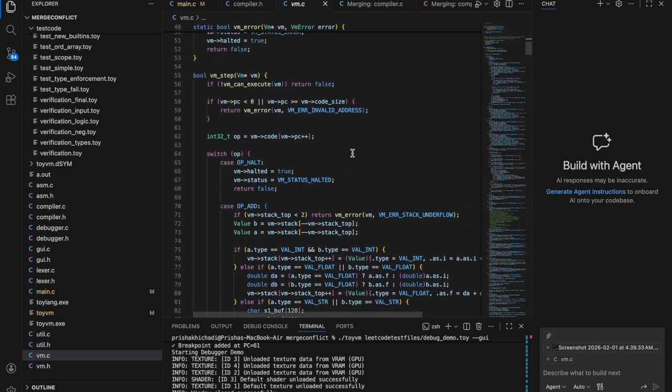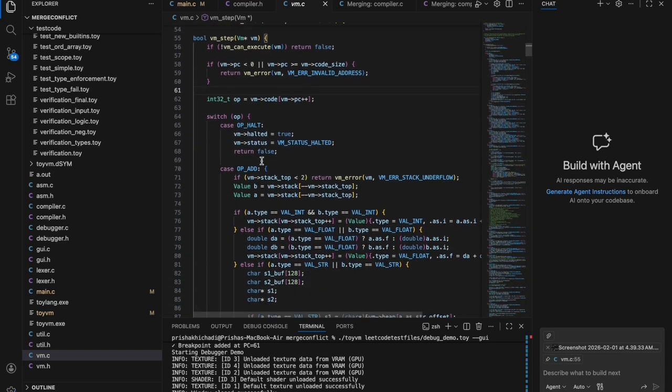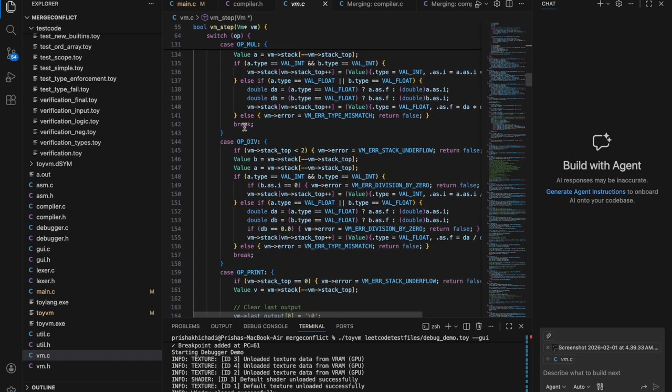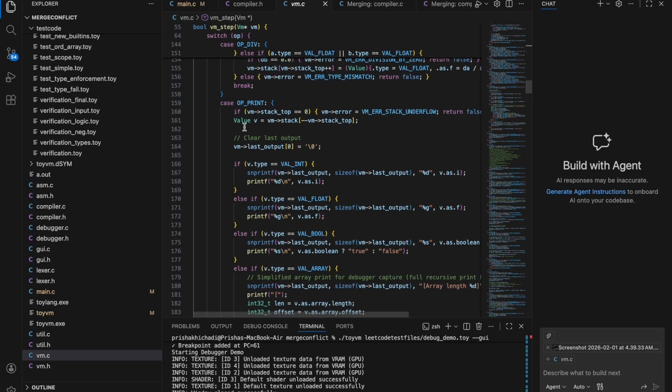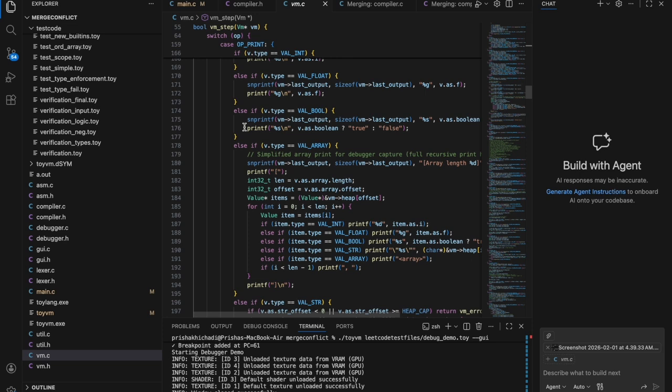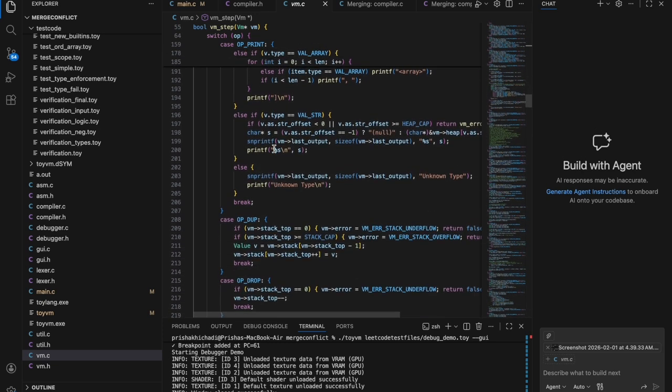So we have vm_step here, and over there we have defined all of these operations. We also support integer, float, boolean, strings and arrays. We have control flow, and that includes jumps, conditionals and function calls with frames, and we have rich operations as well that include comparisons, array manipulation, string operations, logical operators, and memory management. All of this is defined in our VM, and how it works is that this function vm_step essentially reads one opcode at a time and manipulates the stack according to that.